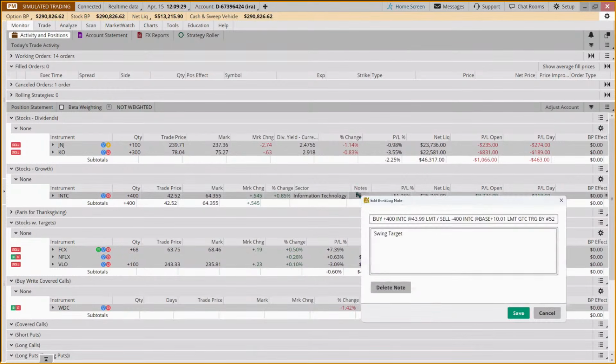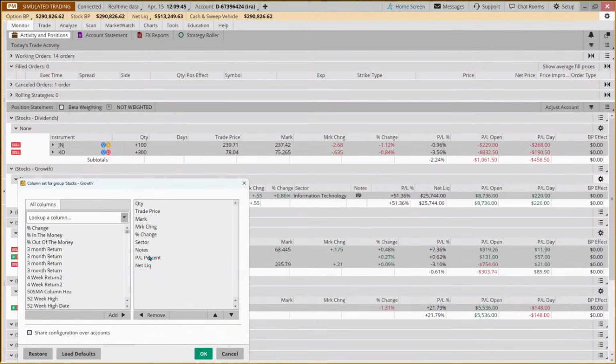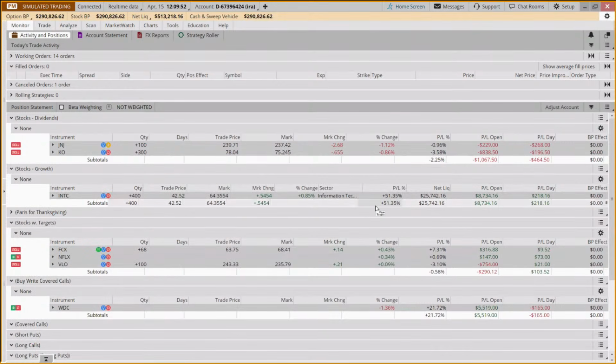And then again, we can just click on notes. Now, some people might say, I don't really want to take up space here. I want to keep this clean. If we decide we don't want that column in there, we can just come in and click notes and say, thanks for the offer, but no thanks. And we can eliminate it. Once you have customized a group, when you log out and log back in again, it will be there, but you have to customize each individual group.